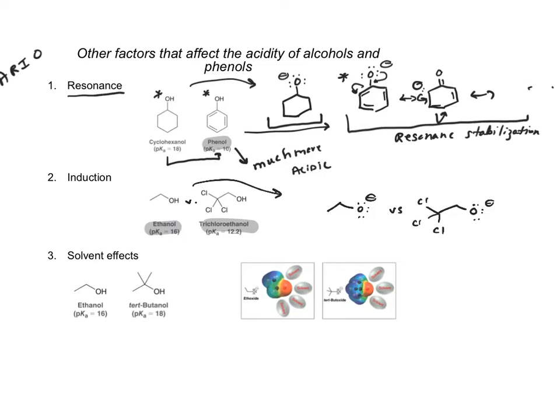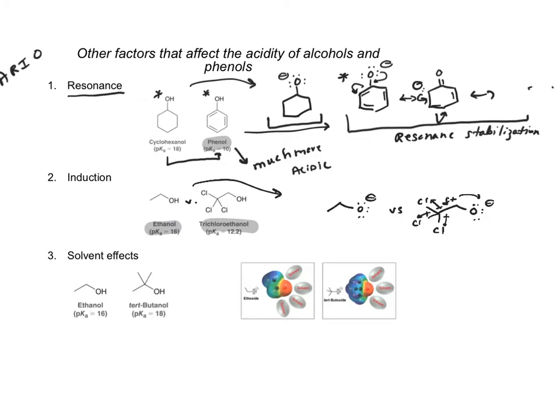These chlorines to carbon, these are polar bonds, right? Chlorine's much more electronegative than carbon. So these guys pull all this electron density towards themselves. That leaves behind this partial positive in this region of the molecule. And this partial positive is going to help stabilize this partial negative, or this full negative charge that develops on